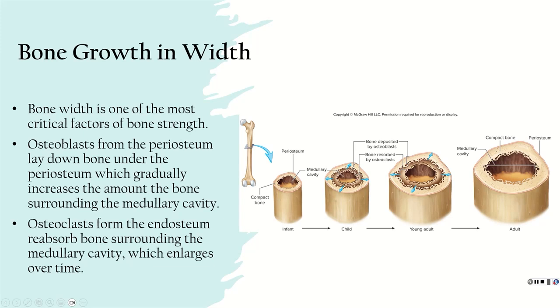And this is from the periosteum, so outside the bone, right? As well as somewhat inside the bone, in the endosteum. So osteoblasts and osteoclasts work in these regions to expand the width as well as decrease. So this is constantly happening throughout life, versus making the bone longer, which is only a developmental aspect up to a